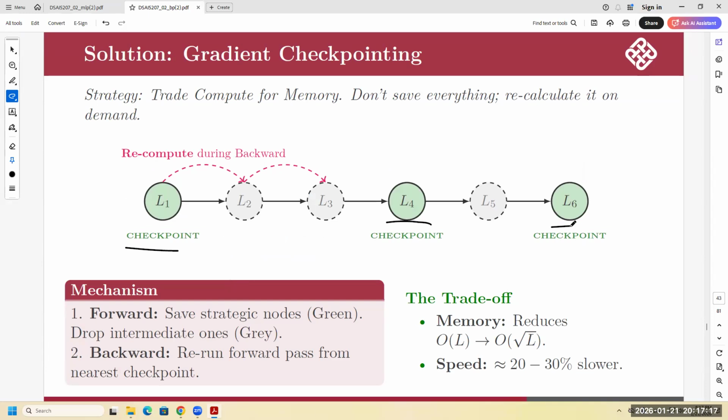But when doing the backpropagation, we recompute the forward passes to get the activations for some nearby layers, and we do the gradient computations. So the idea is quite simple. In storage, we only store part of the activations, but in the backward pass, we do another pass of some forward passes to get those intermediate results, but we do not store them. We only use them in the